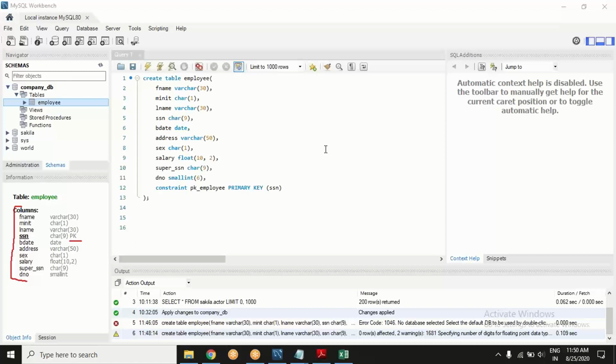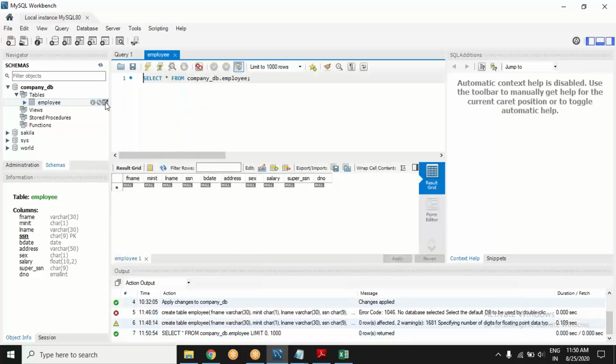Okay, fair enough, Monarch, as you wish. Seems good. But this table has no values as of now. If you want to check, you can click on this tabular form here and you will be able to see the table. What is the data you have? You check this out, it is nothing, nothing at all. Blank table.